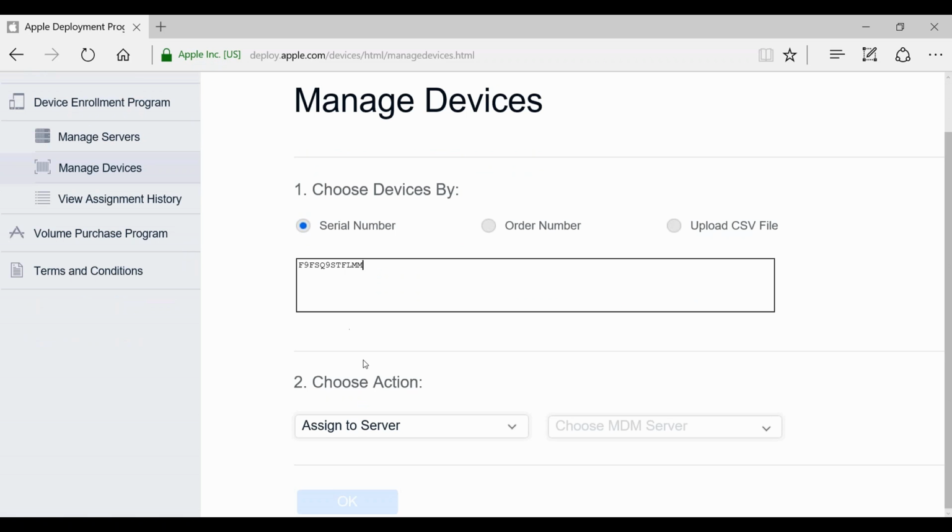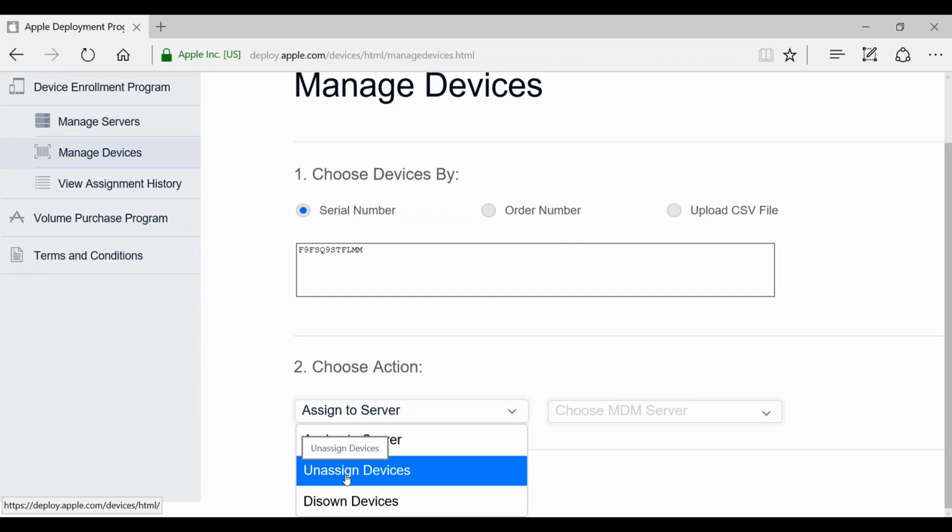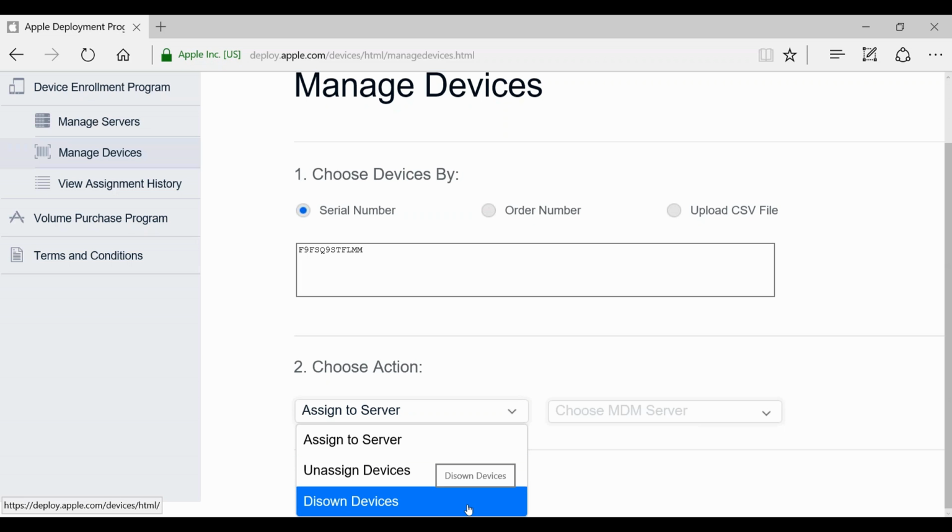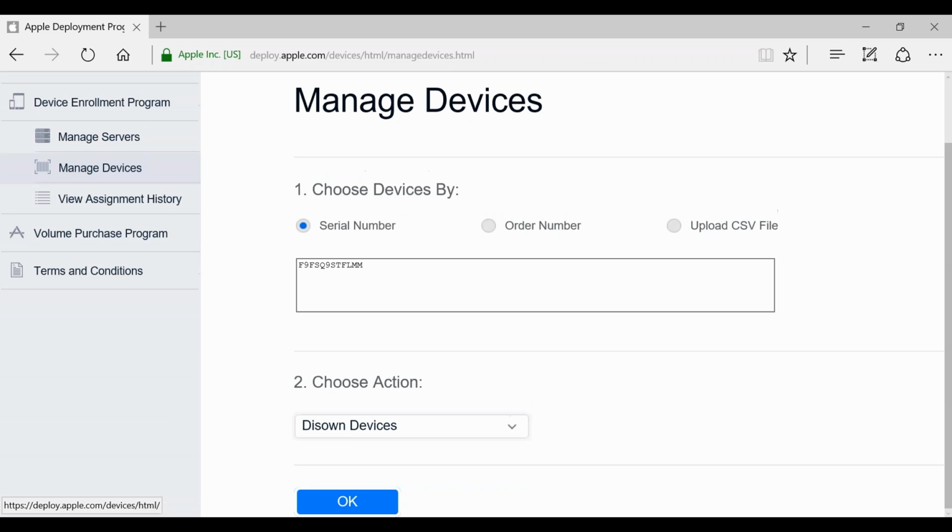So I'm looking for the device by the serial number, and in this action menu there's another option called unassigned device. This is to remove the device from the MDM server, but it keeps it still in the DEP. But in this case you need to use this disowned devices, so it means that you don't own the device anymore. You would need to select this and click OK.